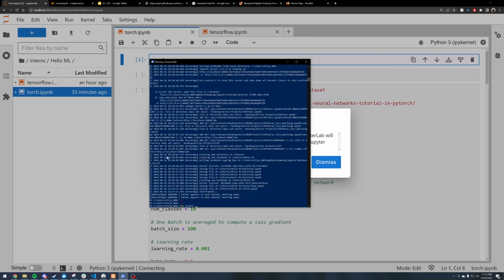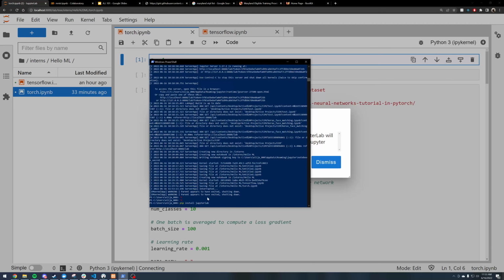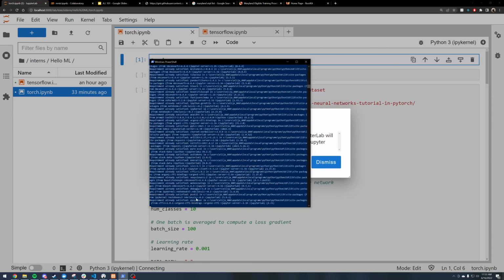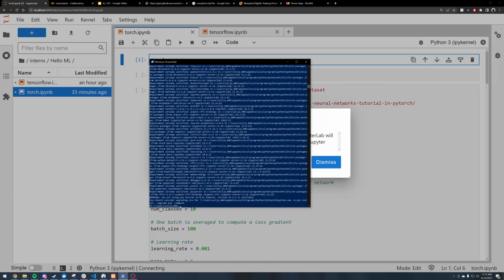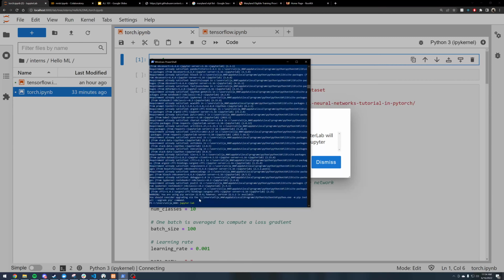All right, well, it's pip install jupyterlab. So I already have it installed. I'll go ahead and drop that in the chat here so that way you guys can install it. After you install that, to get it up and running, you run the command jupyter-lab. And that will get a Jupyter Lab instance running for you.